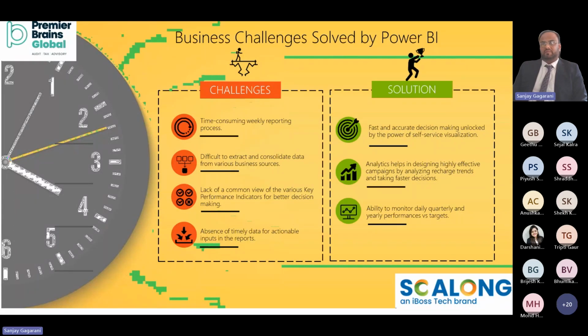In finance, we have also seen different versions of different reports. For example, with human resource reports, there is sometimes no control on the final numbers. With the help of Power BI, once one data source or data set is finalized, it can be shared across the group. So there are no anomalies within the group. One data set can be shared across the group, so there is no mismatch in the numbers reported by either the finance department or the human resource department. That can be achieved with the use of Power BI.